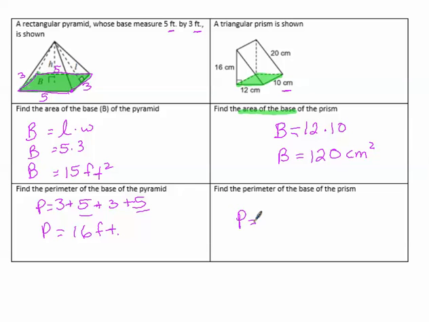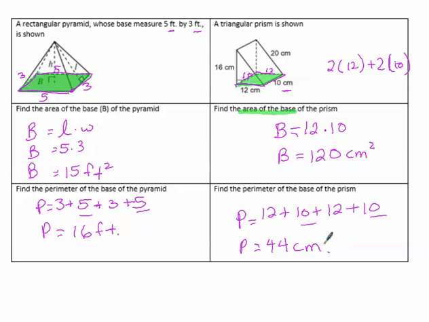All right, perimeter, again, 12 plus 10. Okay, across from this 12 is going to be another 12 across. So these are rectangles. So 12 plus 10 plus 12 plus 10. Okay, or you could have thought of it as 2 times the 12, 2 times the 10. It really doesn't matter. That's 20, and the 2 12s is 24, so 20 and 24 give me 44 centimeters. All right,